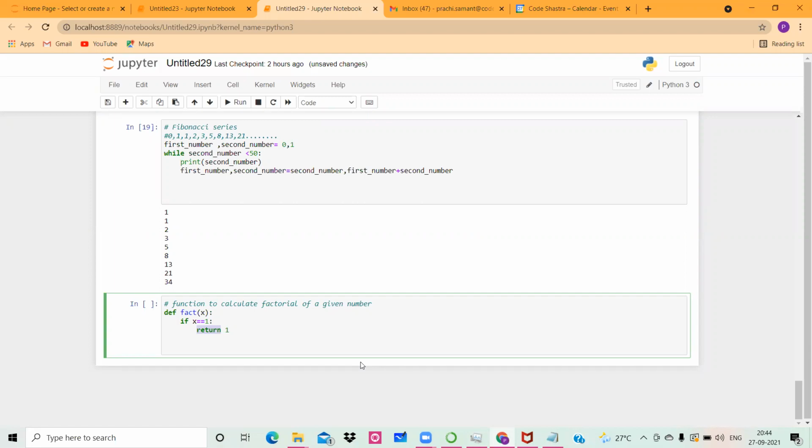So if there are situations where you want to execute a function, you want that function to return you something, and using that returned answer you want to write some different logic, then in that case it is always advised that you write fruitful functions. That means write those functions which at least return you a value.